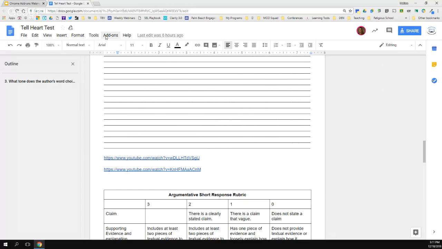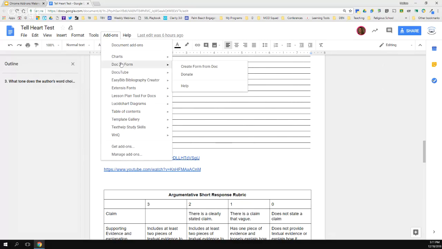We have to do a little work. So that is called Doc to Form. Again, if you don't have it, you're going to go down here to Get Add-ons, and you'll find the Doc to Form. If you have it, then you're going to go into your add-ons, and you're going to click